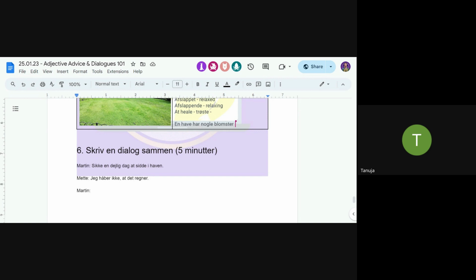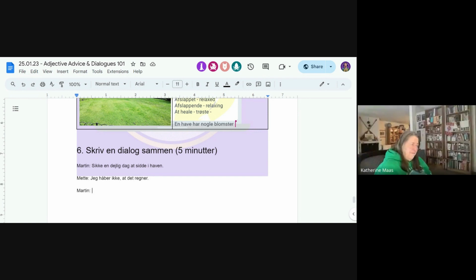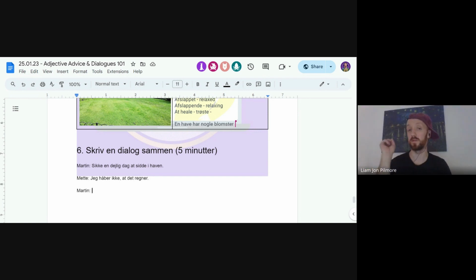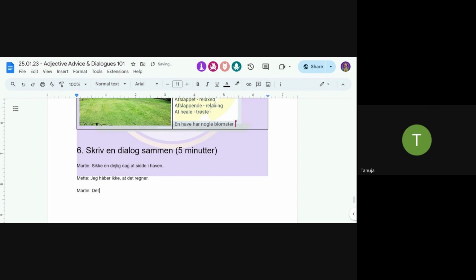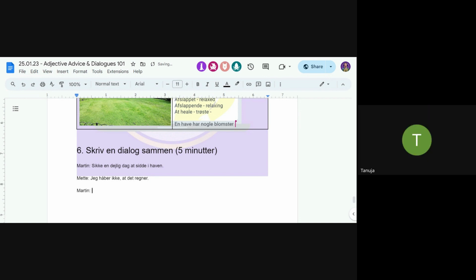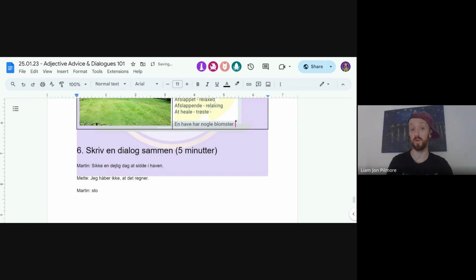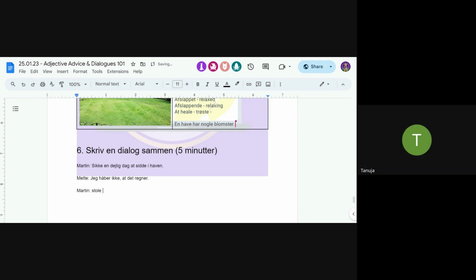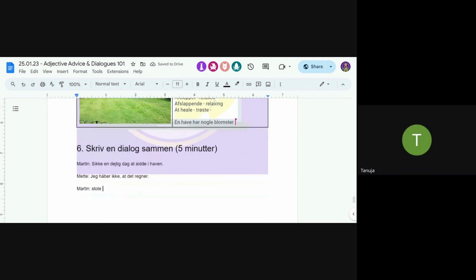Hvad synes du med det? Hvis vi havde en nabo ved siden. Ja. Fordi, I'm saying that there is nothing to sit on. What do you think about Mette? I thought you said neighbor. Yeah, neighbor. Is that what you said? Nej. I said stoler. Something to sit on, where we can sit.